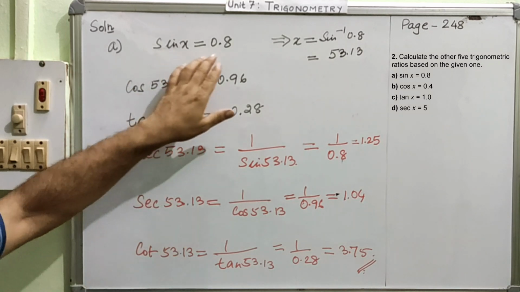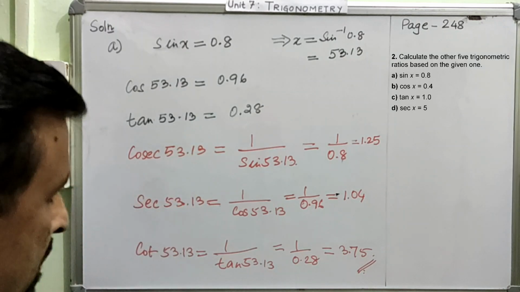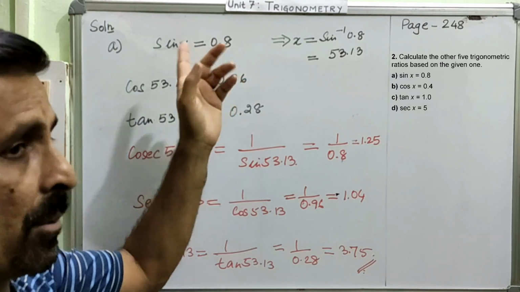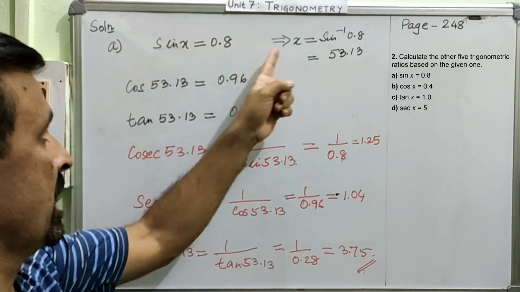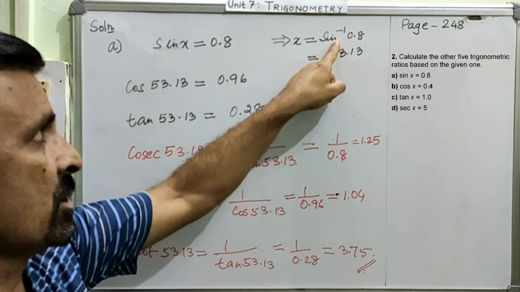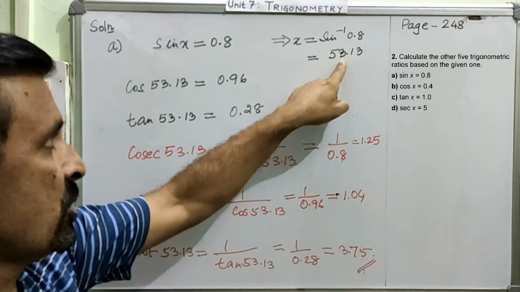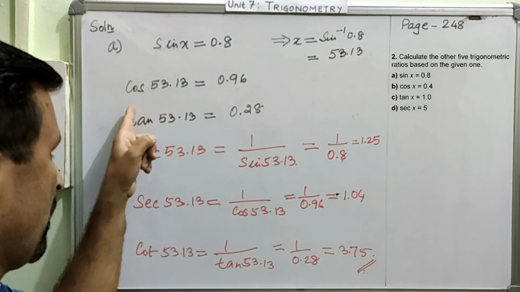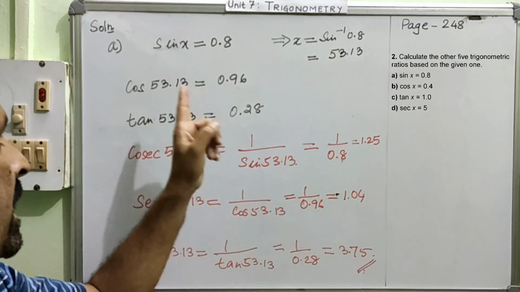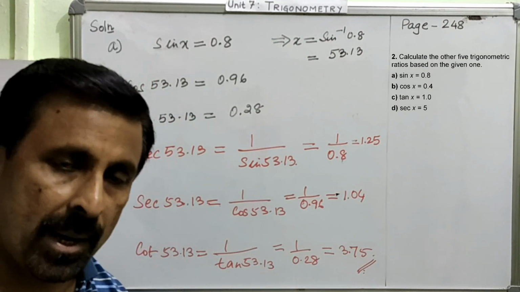So one value was given. With the help of this value, we calculated the value of the other 5 trigonometrical ratios. And the process, you have already learned from the previous exercise. Using this concept, sending this sign to the other side, you can change this into inverse and then use the calculator and then get the angle. Once you get the angle, to find the value of the other trigonometrical ratio, you can use this angle in place of x now. Okay, and then you can use the calculator and get all the solutions. Hope I made it clear.